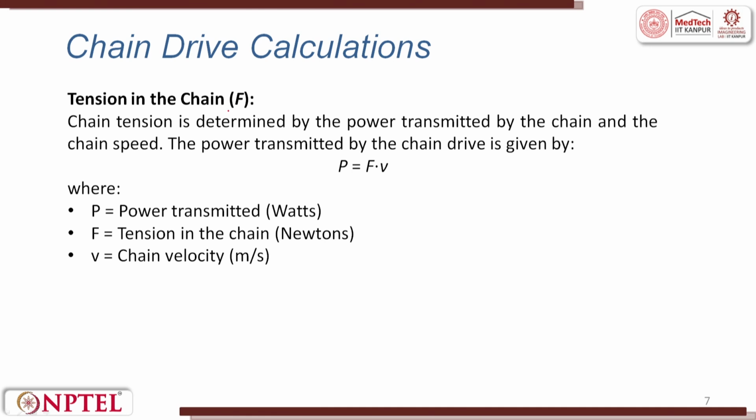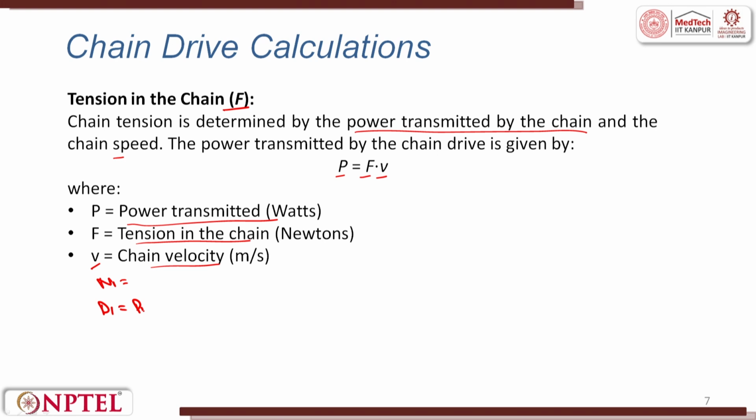The tension in the chain F is determined by the power transmitted by the chain and the chain speed. The power transmitted by the chain drive is given by P is equal to F into V, where P is power transmitted in watts, F is tension in the chain in newtons, and V is velocity, which is in meters per second. Chain velocity is also related to the speed of the driving sprocket. If chain velocity is V, and speed of the driving sprocket is N1, as given in the previous slide, and the pitch diameter is D1,